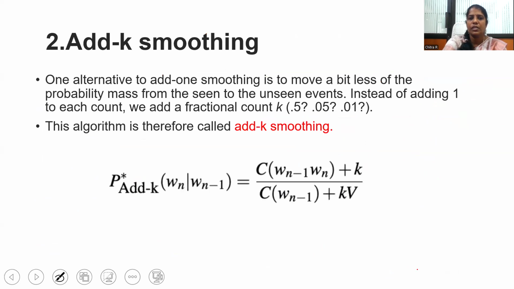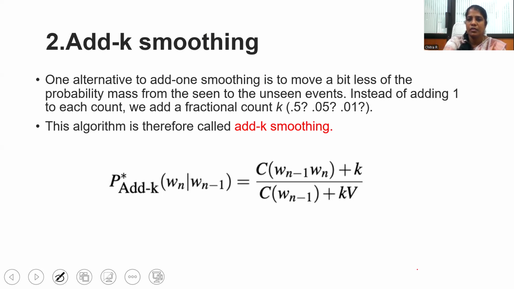The next one is the add k smoothing. In the add k smoothing, instead of 1, we will add a fraction amount. Depending upon the word, we will find the probability, or we will find the fraction amount, and that fraction is added, that is called add k smoothing. Instead of Laplace, which means add 1, k smoothing means add a constant amount, either it may be 1 or 0.1. It may vary from 0 to 1. Add that amount